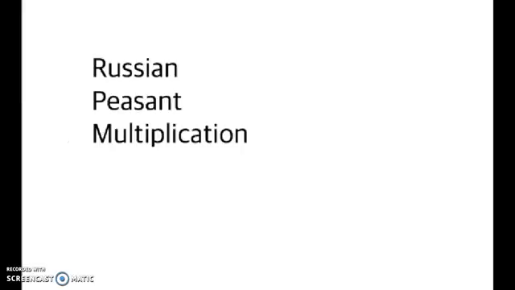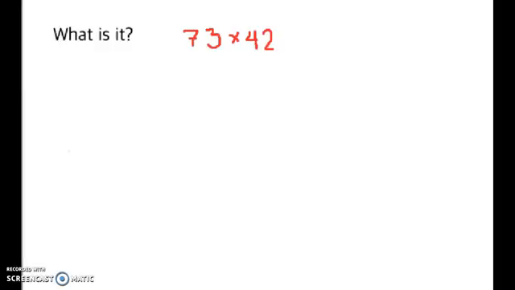Alright, today I'm going to be explaining my project on Russian peasant multiplication. Let's take the problem 73 times 42 for example. Most of us learn multiplication this way, where we set up our numbers vertically. So we would set up 73 and 42